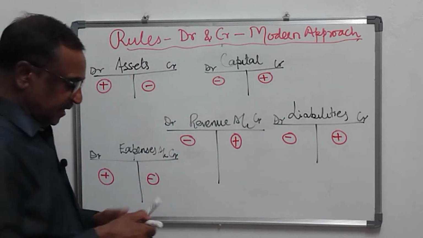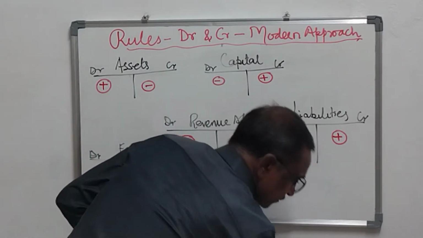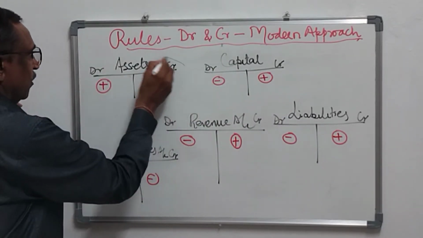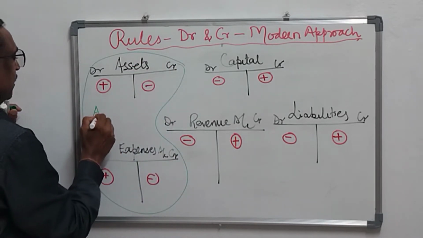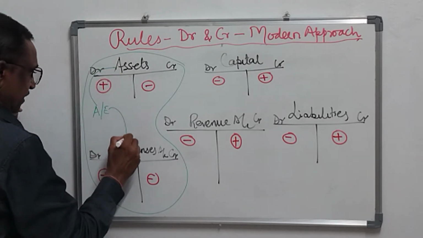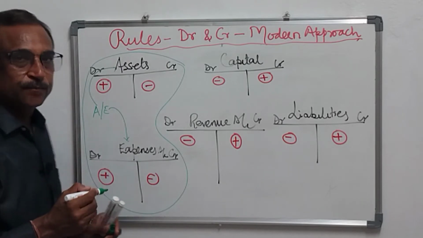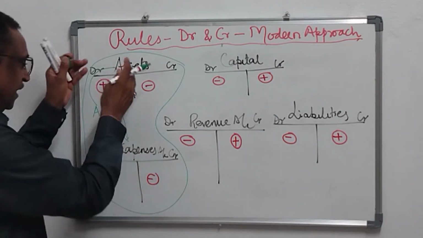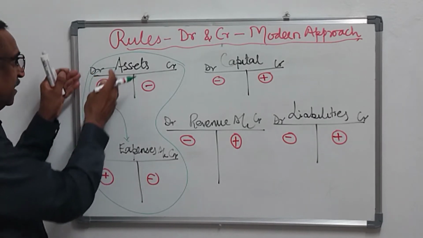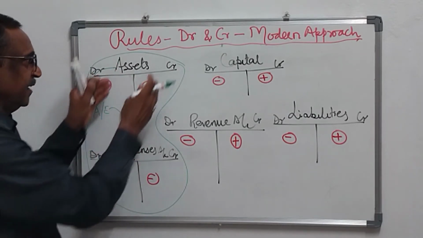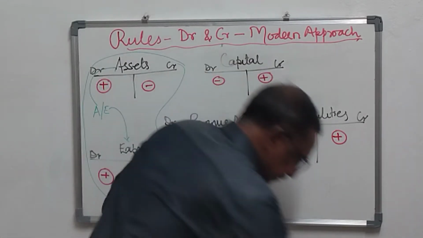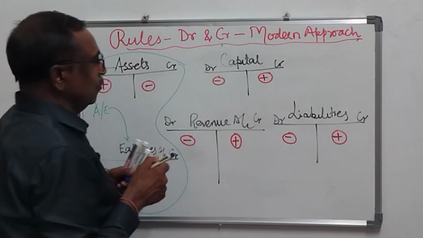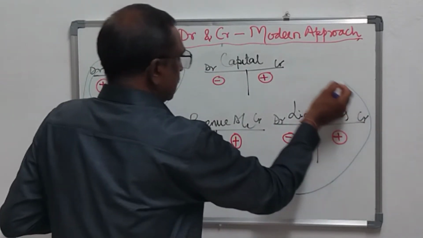Okay? So we can say the rule for AE, that is assets and expenses, is the same. Okay, that is, in assets and expenses, increase in the value of assets and expenses is debited and decrease in the value of assets and expenses is credited. Okay, and the rule for these three